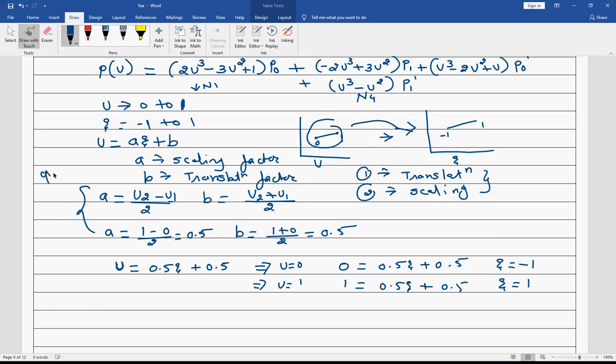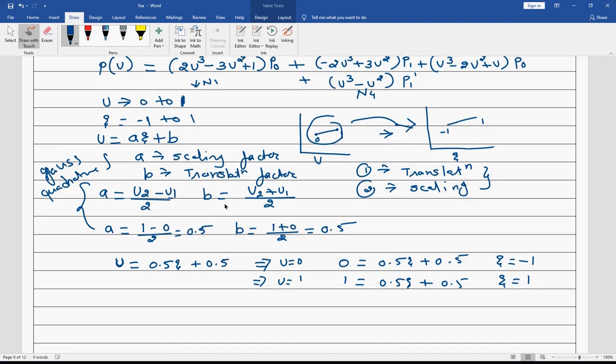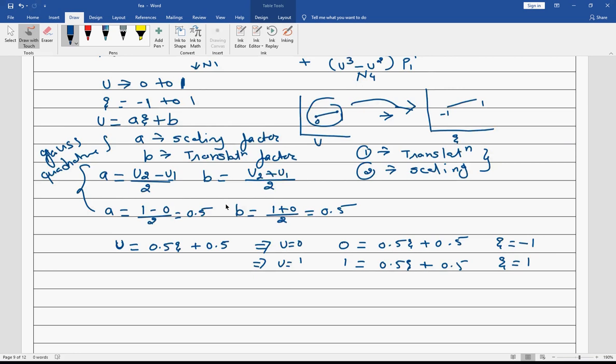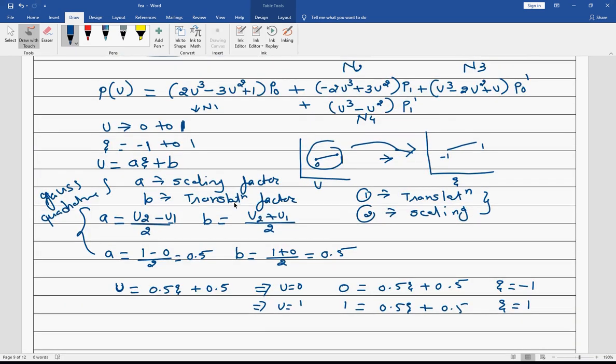This we basically get from Gauss quadrature integration, and that is part of the next unit where a 6 marks question is there. So in that case also we require the same stuff. So you just have to remember this. Okay. So whenever we have to do the integration using the Gauss quadrature method, this is the stuff we have to do. Okay. So here in this case, I'm going to do only the first one.